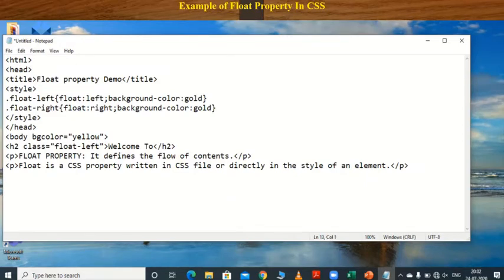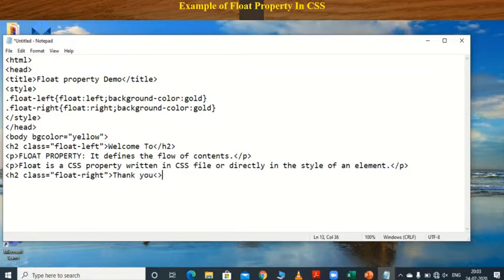here, we have to use again h2 tag, class float right, and we have to print here thank you.